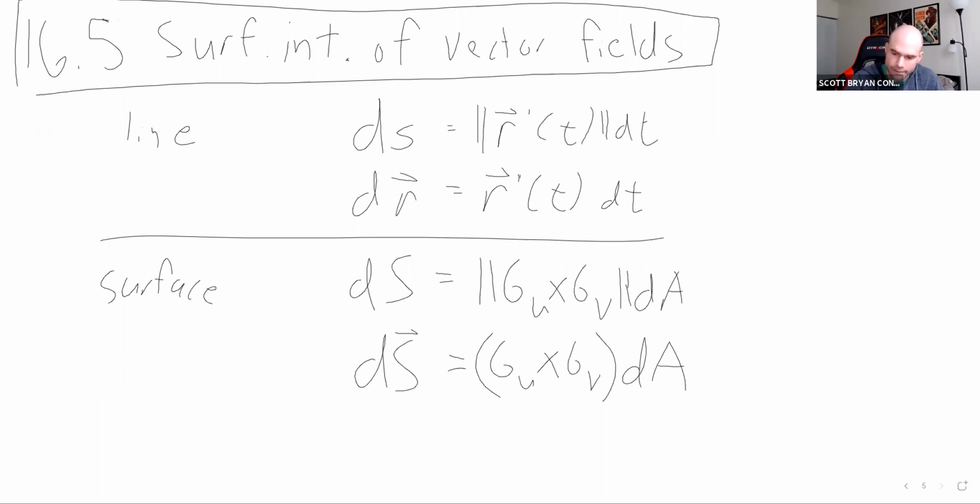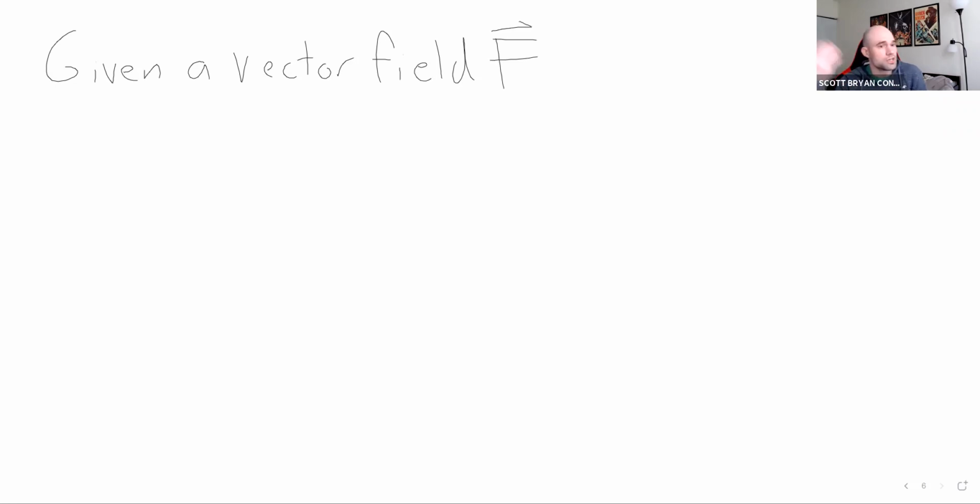So let's take a quick look at what these surface integrals of vector fields are. Suppose we have a vector field F. You can think of F as describing the velocity at each point of, say, a fluid, like a fluid current or fluid flow. So given a vector field F on R3 and a surface capital S,